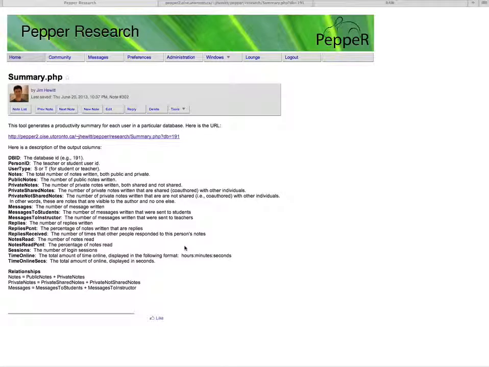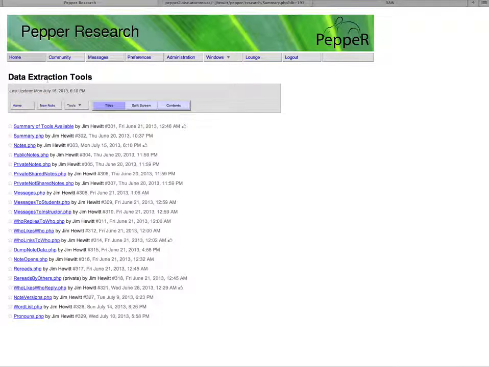visualization tool that is on the web. It's quite easy to use, and I want to show you how you can use it to visualize some of the data that comes out of Pepper. So here's what you do. You basically start by going into our Data Extraction Tools folder under Pepper Research, and you decide what you want